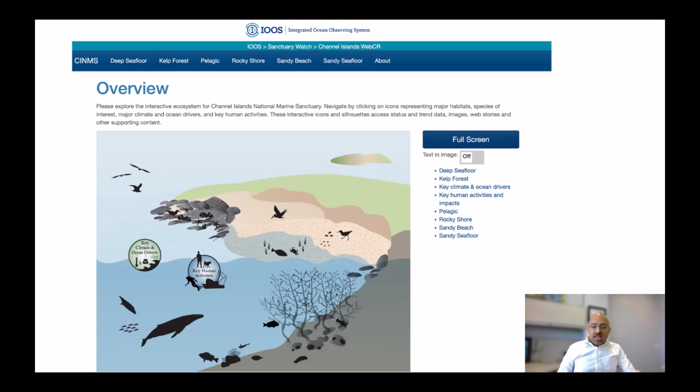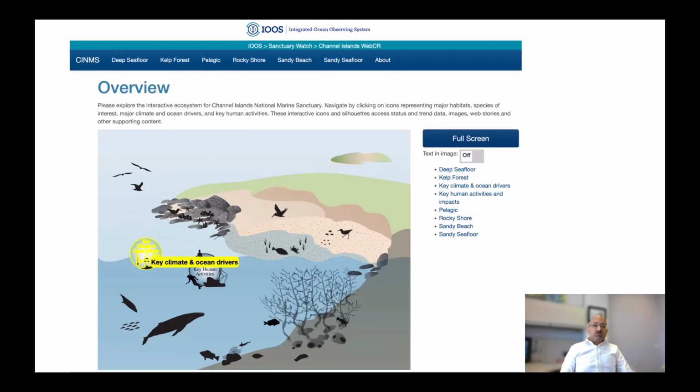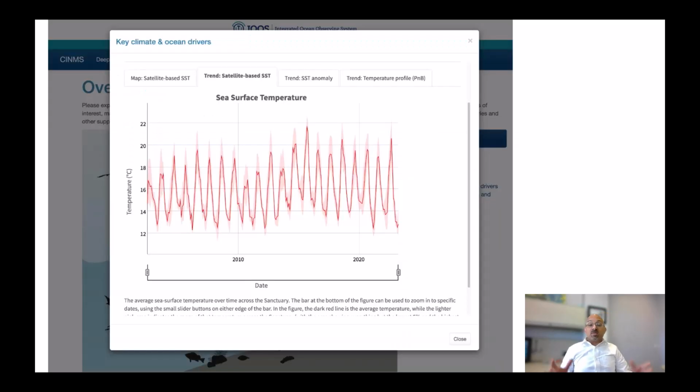Here's the overview scene. And if you hover over something, many things on each of these scenes are clickable. If you hover over something, it highlights in that color or other colors. And if you click on that, you'll end up with a window popping up with information that we think managers and other people ought to know to drive management, for making choices, and for other stakeholders to know as well. In this case, we've got sea surface temperature over a period of many years, and because this is a